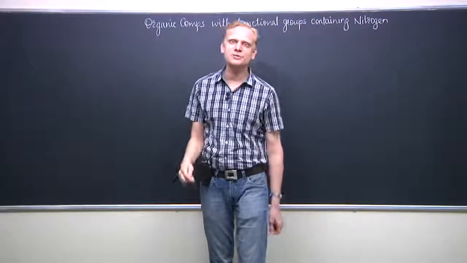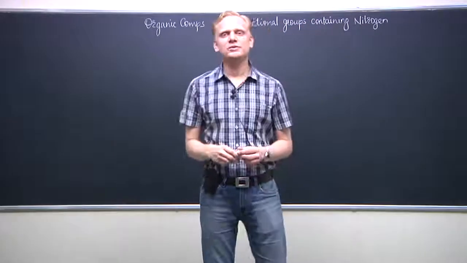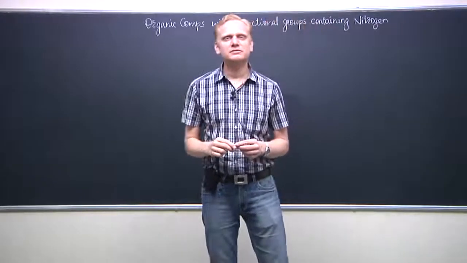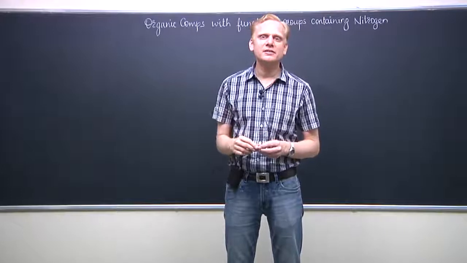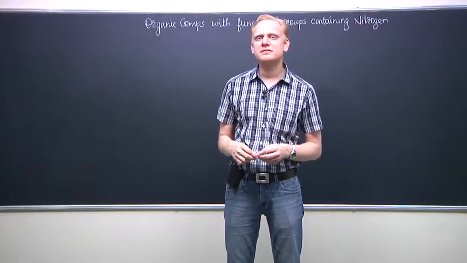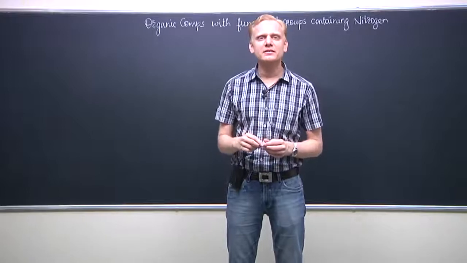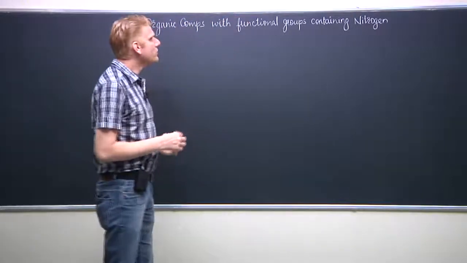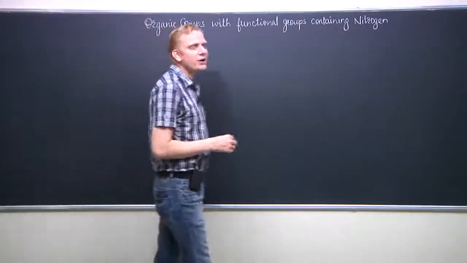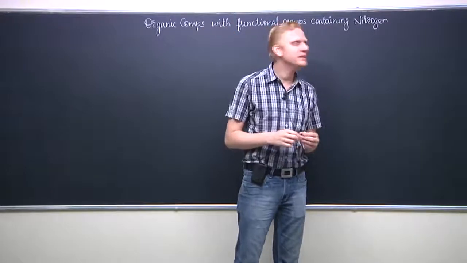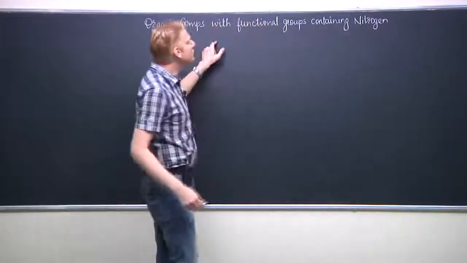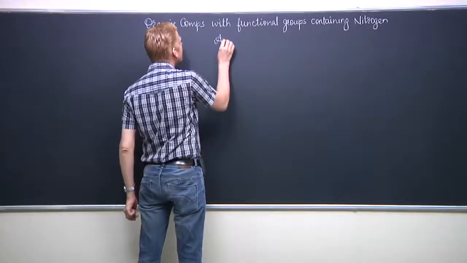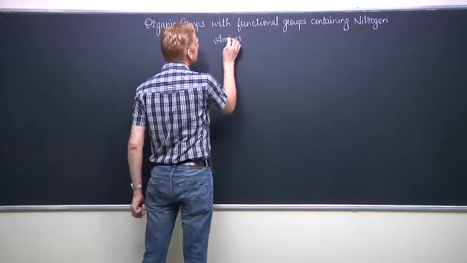नाइट्रोजन कंटेनिंग फंक्शनल ग्रुप्स की जब हम बात करते हैं तो द कैटेगरी ऑफ कंपाउंड्स विच आर इंक्लूडेड दे आर अमीन्स, साइनाइड्स एंड आइसोसाइनाइड्स एंड द नाइट्रो कंपाउंड्स मीन्स नाइट्रो अल्केन्स और अरीन्स एंड द अल्काइल नाइट्राइड्स. In these all compounds, the first part which we are going to cover up is about the amines. So the organic compounds with functional groups containing nitrogen, this will involve different categories of compounds in which we are